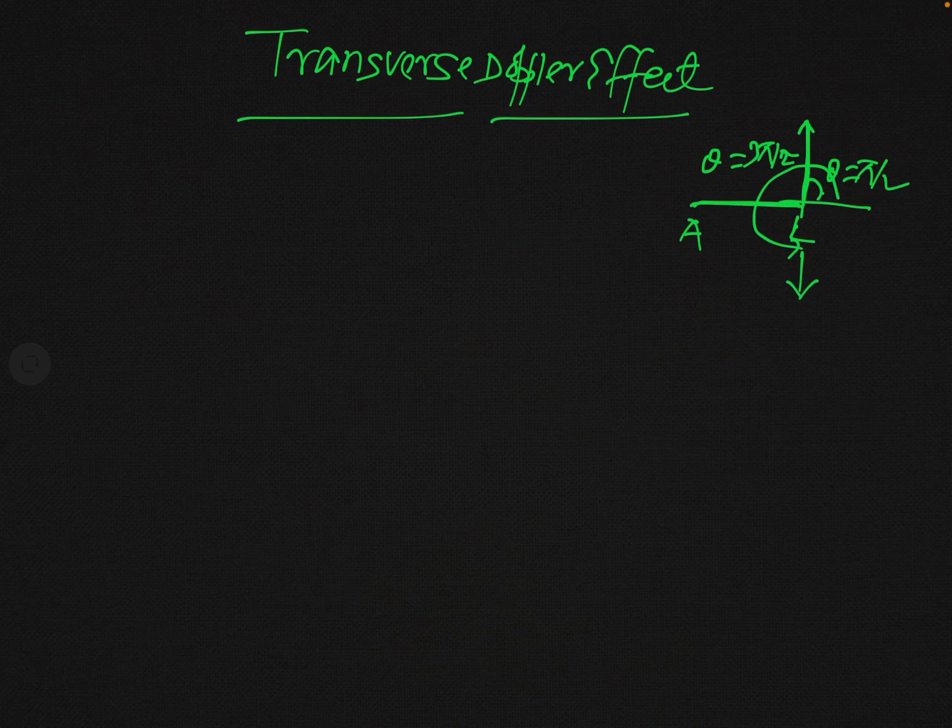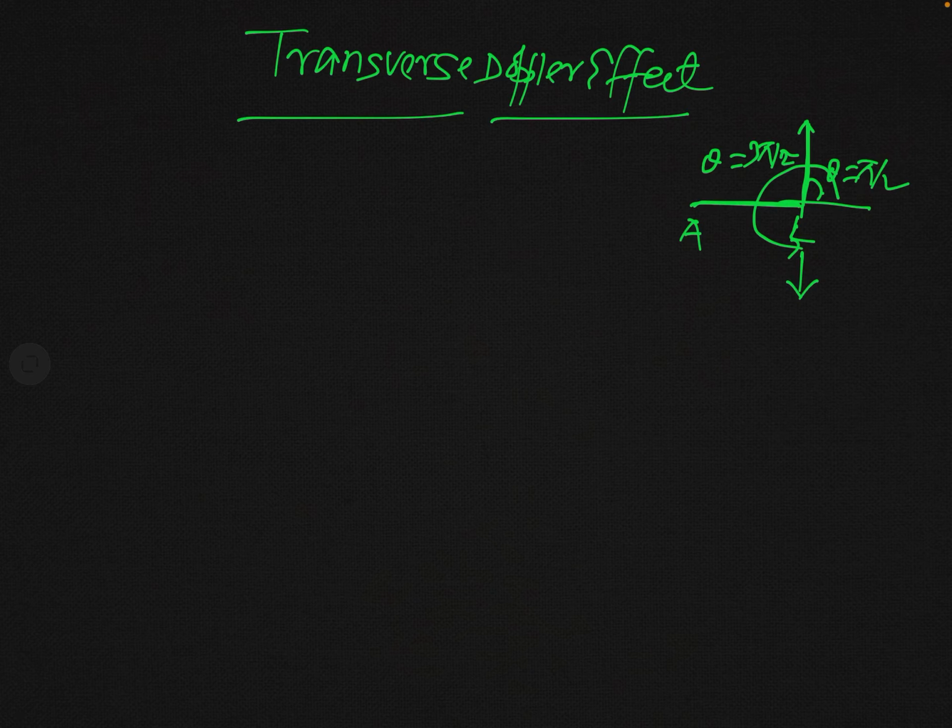So when the source and observer are moving at a right angle with respect to one another, in that condition we say that transverse Doppler effect takes place,